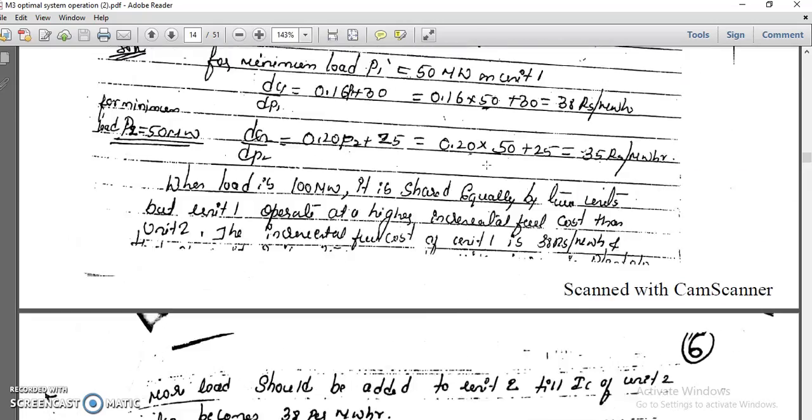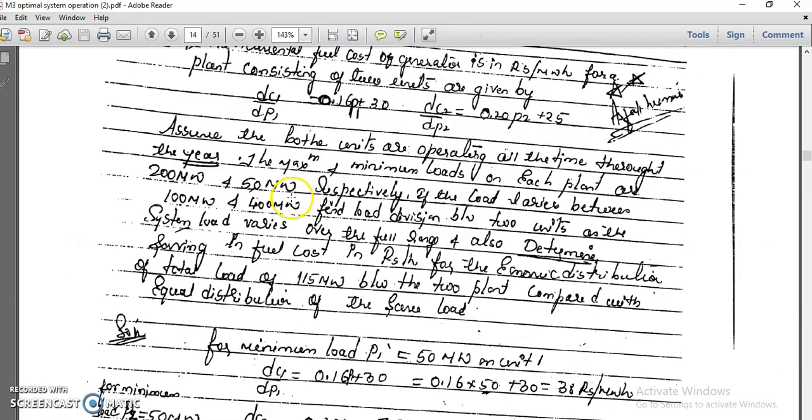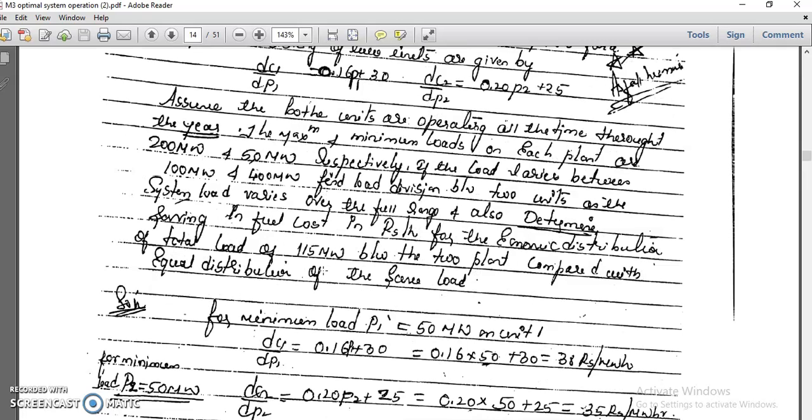Okay, before going to that, just see this problem. They have specified limits, and along with that they told to determine the saving in fuel cost in rupees per megawatt hour. And the total demand they have specified is how much here? 115 megawatt. For that particular 115 megawatt you have to find the saving in fuel cost. What is the meaning here? Total demand varies between 100 to 400, and in between they have specified one value. Any value they may give, not only 115. For that you have to find the saving in fuel cost in rupees per hour, or the yearly saving also. Okay, so now let us go for this.